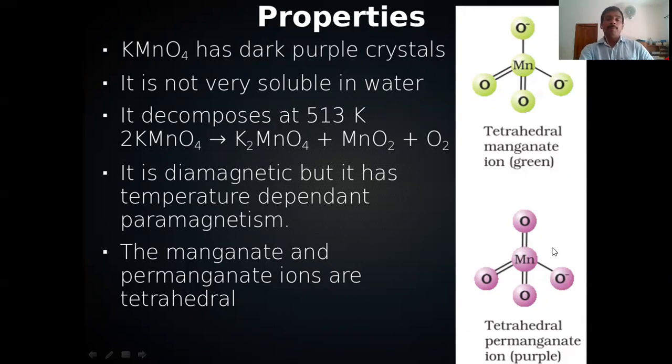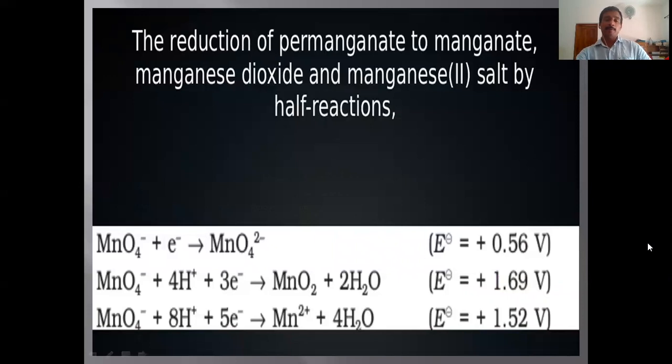Okay, now the chemical properties of potassium permanganate. Potassium permanganate, you know, is an oxidizing agent. Therefore it will undergo reduction. Permanganate MnO4 minus can be reduced to MnO4 2 minus, that is potassium manganate, the manganate ion, or to manganese dioxide, MnO2, or to the Mn2 plus ion,